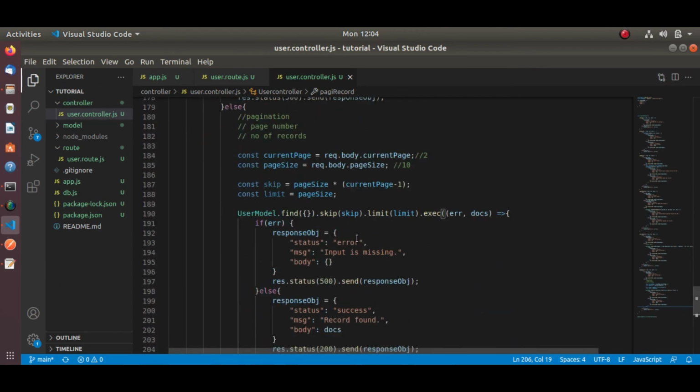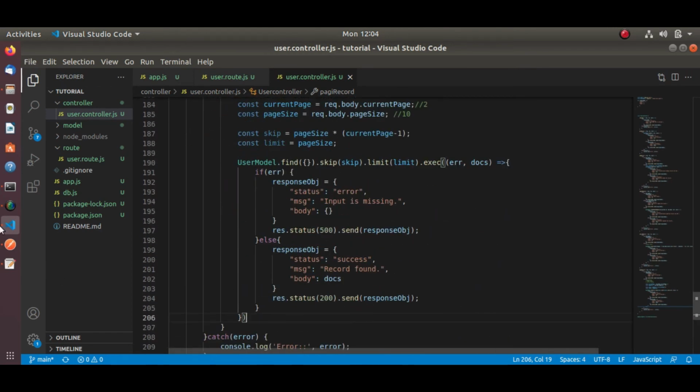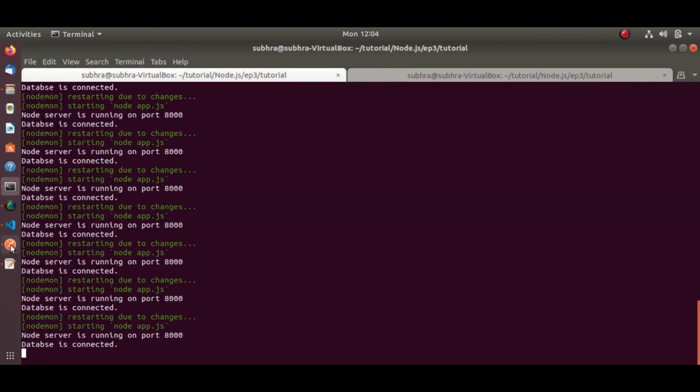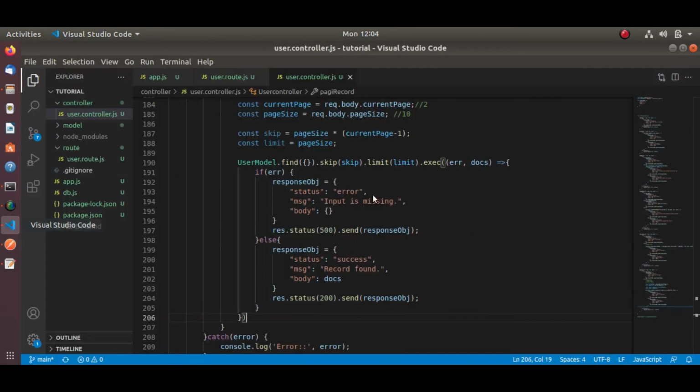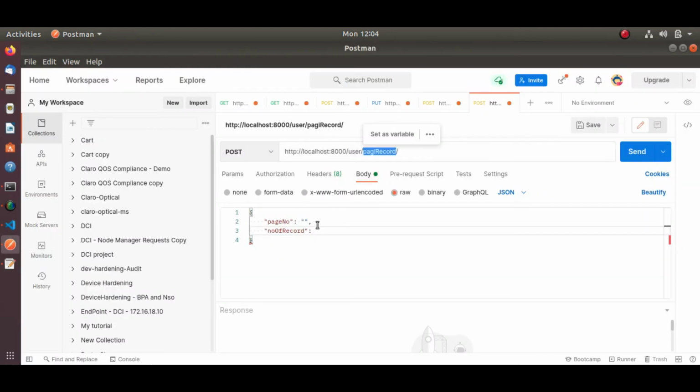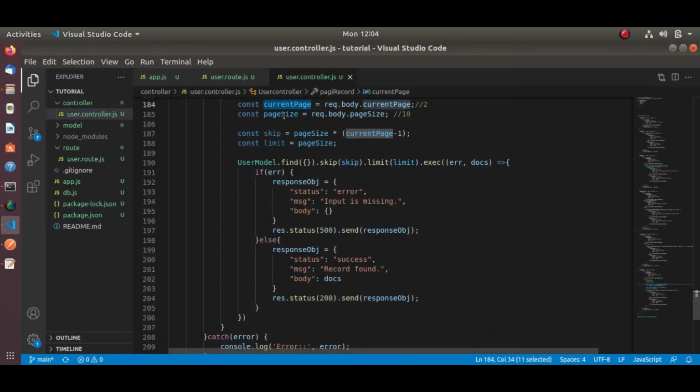So again let's run this from Postman. Before that, let's check the server is running fine. So what is my key name? Current page. Next one is page size.